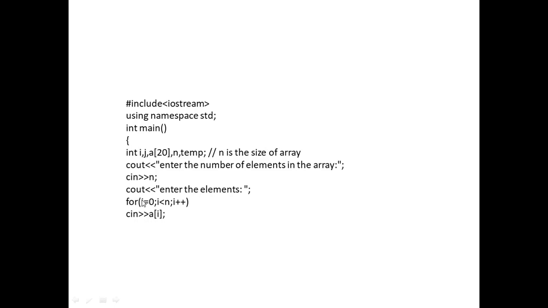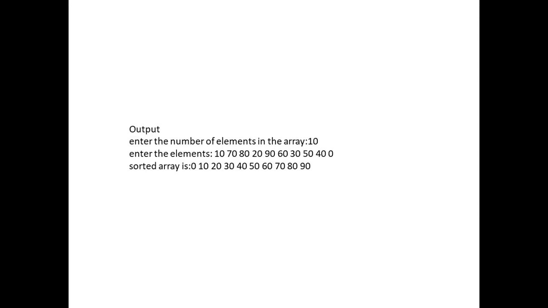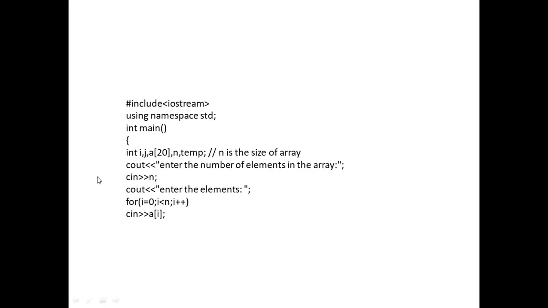And in order to enter the elements in an array, since the array means same data type but it contains multiple elements or multiple values, right? So a of i means the i can be the maximum of 20 elements. Okay, if here we have to arrange 10 elements, right? So this 10 will be its maximum limit, right?